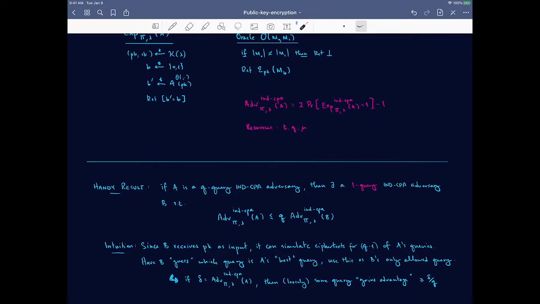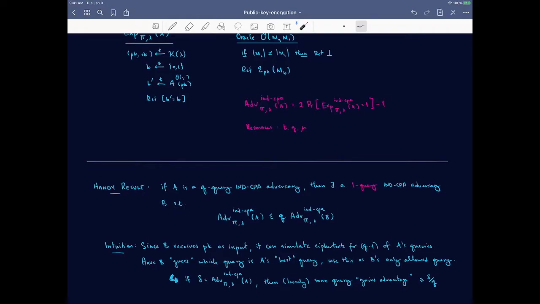But even if you don't invest the time to do that, this is the important piece: given a Q, if you want to know what the full Q-query attack advantage of an adversary A in IND-CPA is, it suffices to look at an adversary that makes a single query, and then just multiply that by Q to get the bound. And that's nice because a single query